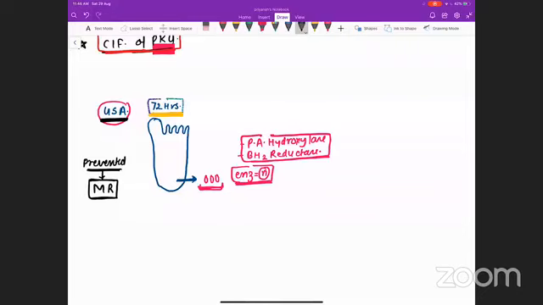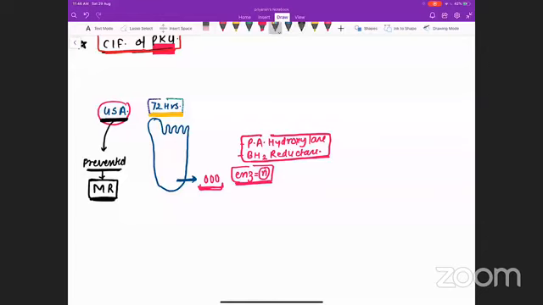So they do not want to increase the mental retardation in their country. This is a preventable cause of mental retardation. I will tell you how it can be prevented. If it is diagnosed early, mental retardation can be prevented. Else the baby will have profound mental retardation in later life. This is why the US government is so bothered and they screen each and every baby for phenylketonuria.